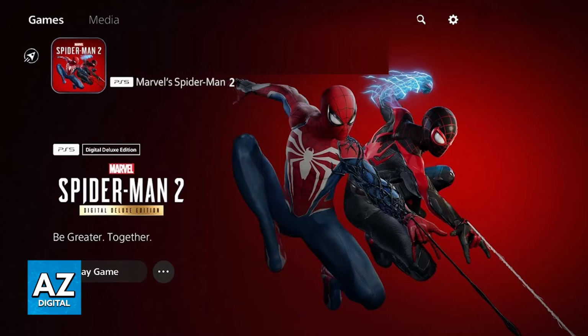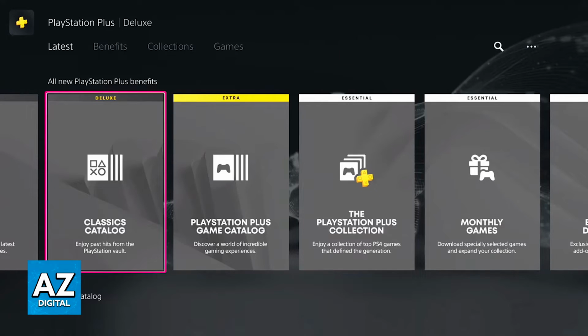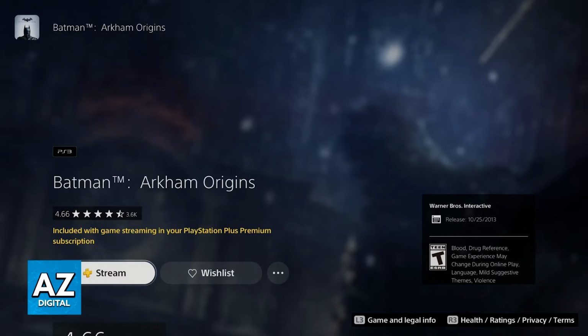Now, if you have PlayStation Plus, what you will have to do instead is go over to the PlayStation Plus menu, and in there you will be able to see all of the benefits for your current plan. You will be able to find plenty of options related to getting free games or collections each month, and usually at the top you will see benefits, collections, games, and you just have to choose from any of those categories available in there. When you select a game that you would like to add to your library, usually you will see the option to download it right away.